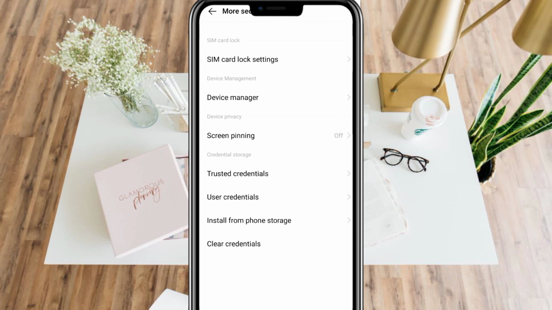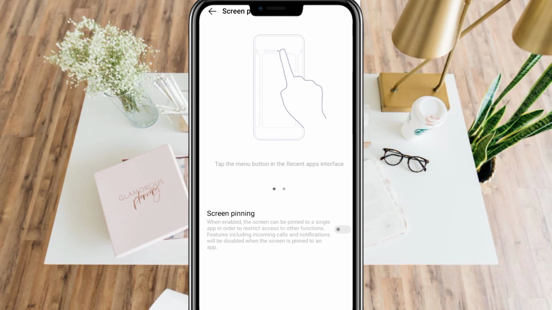Here you will see Screen Pinning. Just click that and enable it. When enabled, the screen can be pinned to a single app in order to restrict access to other functions. Just enable this,